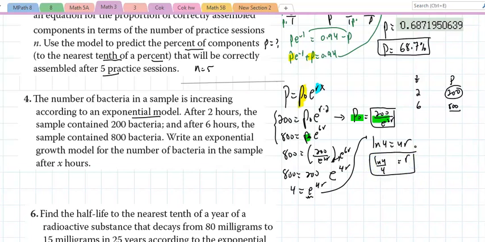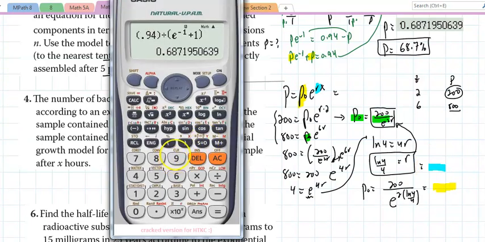Got it. What's left? Now that I know this, let's plug that in there and figure out what the initial population is. The initial population is 200 over e to the 2 times natural log of 4 over 4. Well, let's get those two values, plug them in, and call it a day. This is going to be the initial amount right there marked in yellow, and this is going to be the interest rate. And if I get my calculator, I'll take parentheses, natural log of 4. Again, I'm doing this for you. My calculator could do this easily, but I just don't want you to do that and mess it up. I want to make sure that you learn how to do that in your calculator.